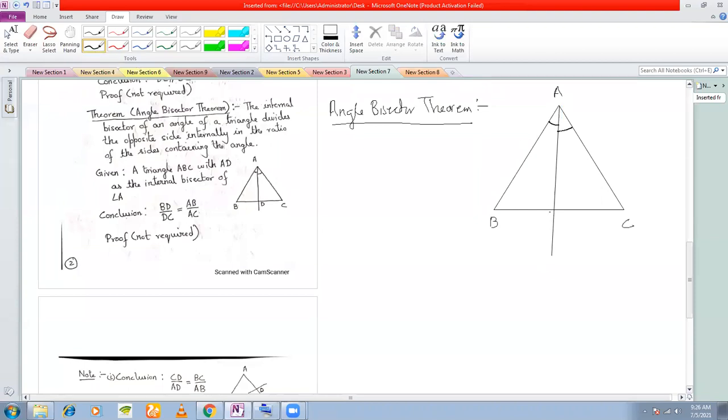And let's say that the bisector of this angle meets the opposite side at the point D. Okay, so given here,